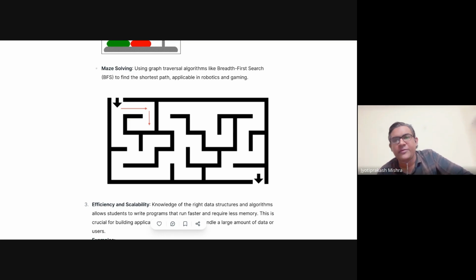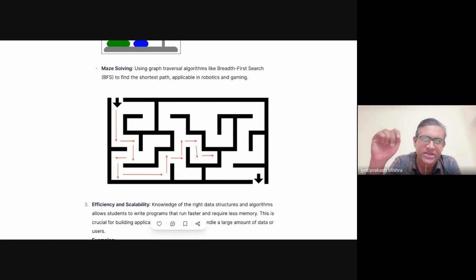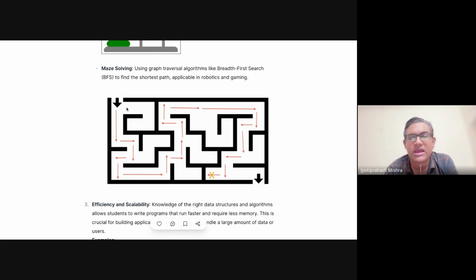It has nothing to do with computer science, just pure common sense, right? But computer science will help you solve these kinds of problems, and you might have to solve extensions of these problems in real life later, right? So you start at this place and you have a pool of thread with you and a piece of chalk. So what do you do? Let's just say, you can see my mouse, right? So you start like this, and you